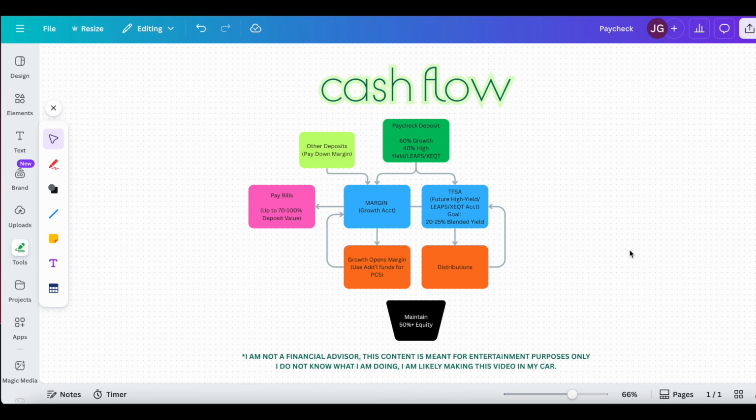It's been a while, but I've been making some changes. This is going to be a beefy update. You're going to see it right off the bat here with my cash flow diagram that I got made in